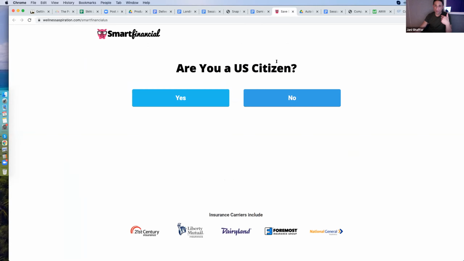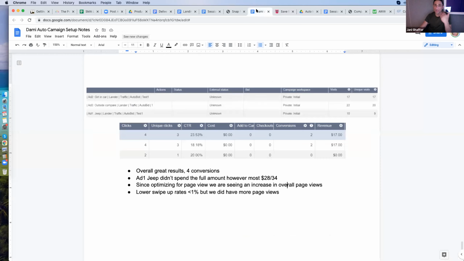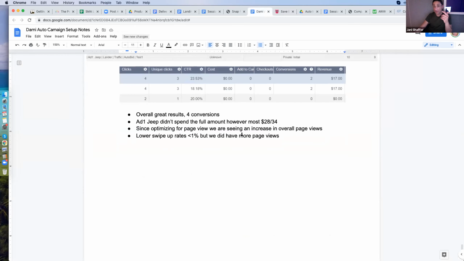So soon we can do a campaign where instead of the objective being page view, we can move it to the objective being add to cart, people clicking this button. Therefore the next campaign would depend on how many add to carts we have so far, and that's why I'm going to ask you, Dami, to look at your screen. How many add to carts do we have total? If we don't have enough, we'll run another one just to keep getting more add to carts,